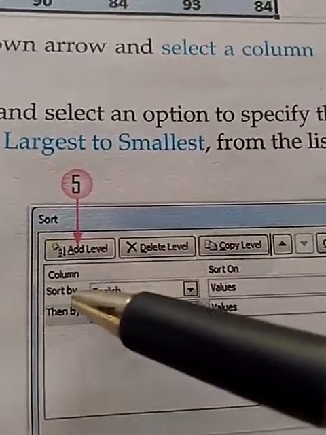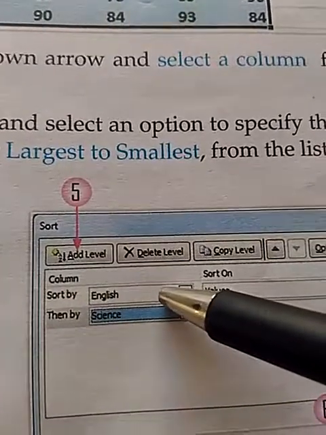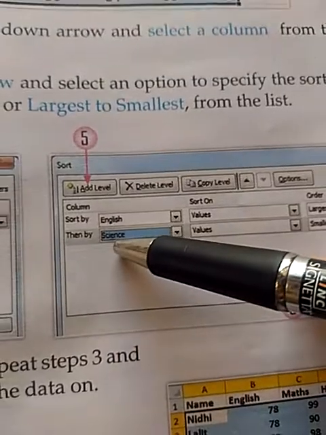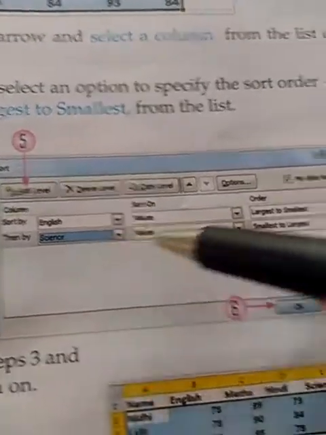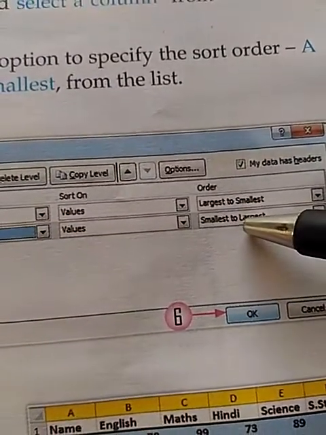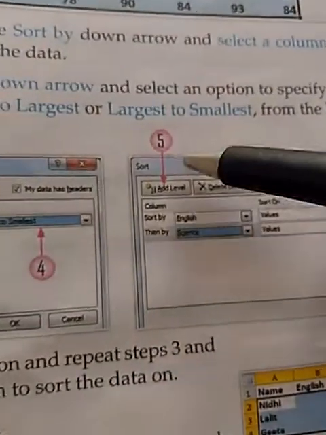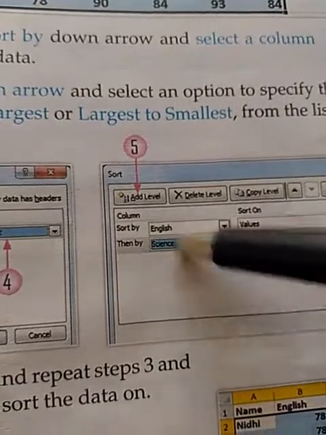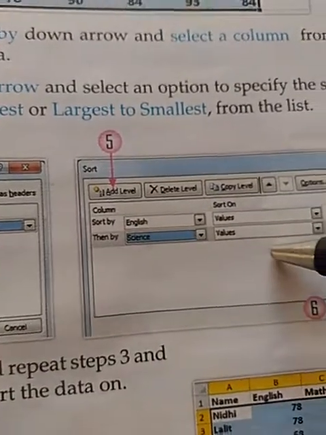So here we have selected sort by English, largest to smallest, then science, another name of the column, that is smallest to largest. In the same way you can add more levels over here according to which data will be sorted.